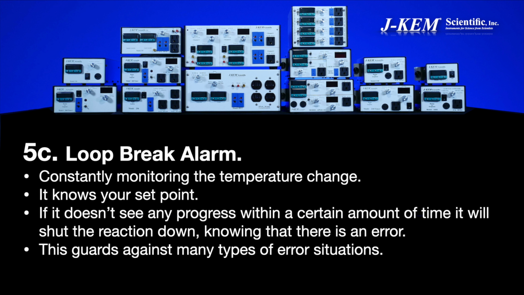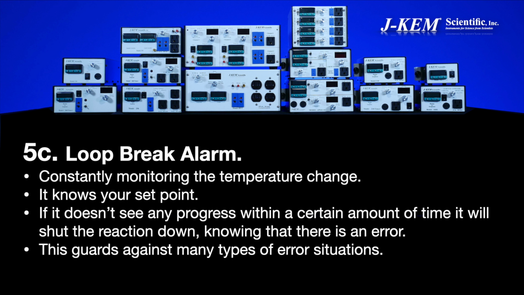So the temperature controller heats more. But there's no feedback again, and so it does what it's supposed to do. It heats more, and it heats uncontrollably. What the loop break alarm does, it's constantly monitoring the temperature change. It knows that your set point is 80 degrees, and it will give that reaction, just for example, 5 minutes to begin to heat. And if it doesn't see any heat in 5 minutes, it turns the reaction off,